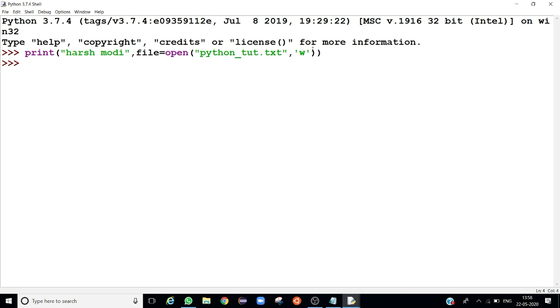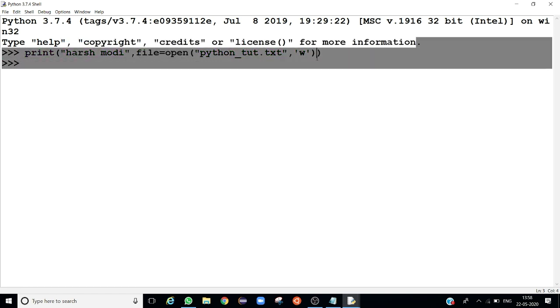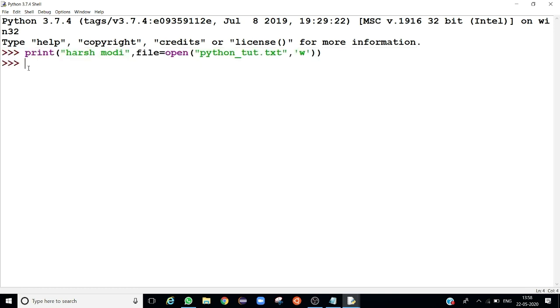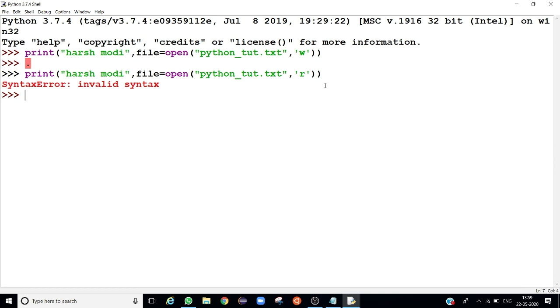Here we use write mode. We can't use read mode here. If we use read mode here, then it will throw an error, like, let me copy this. Syntax error.